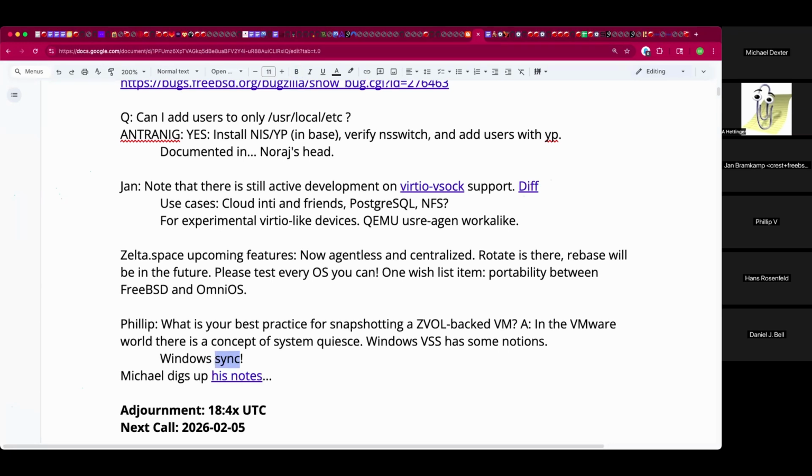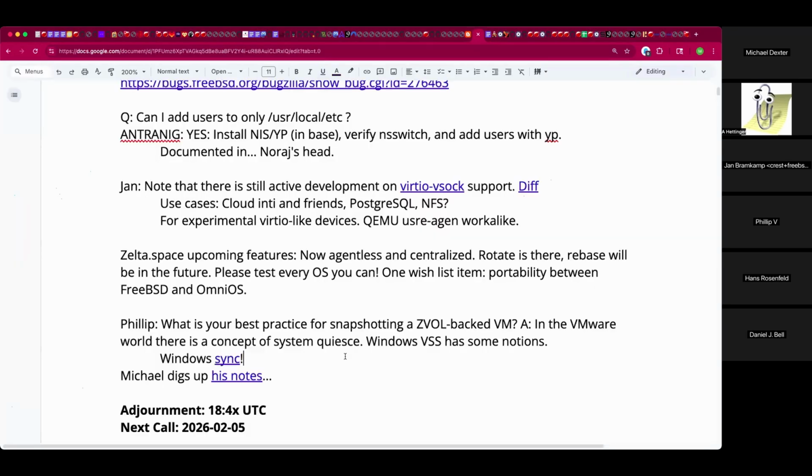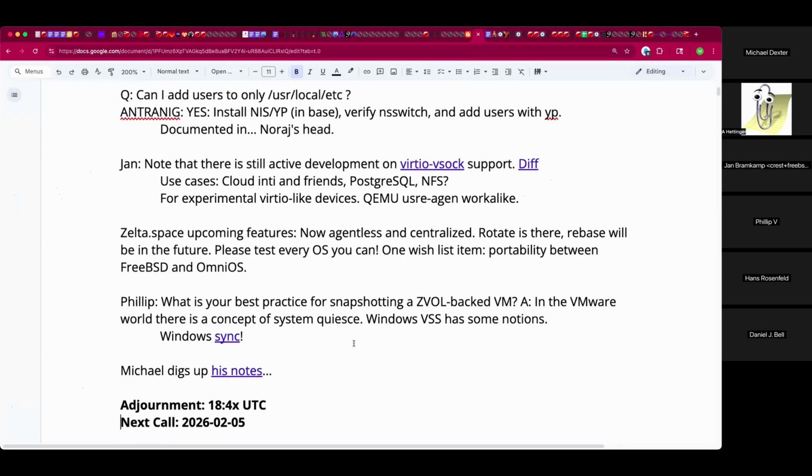So in a perfect world, this would absolutely solve everything. You have SSH into Windows, you just run a sync command, you then never have another problem ever. But I think the tool stopped being supported in some recent version of Windows, but you're welcome to try it. Sync for Windows. I say that somewhat snarkily. However, it's like, well, we have communication with the VM. We tell the VM to synchronize. We snapshot it. We move on with our lives. Do report back, Philip, if you find more on that subject, because you're not the first to ask, and you won't be the last to ask.